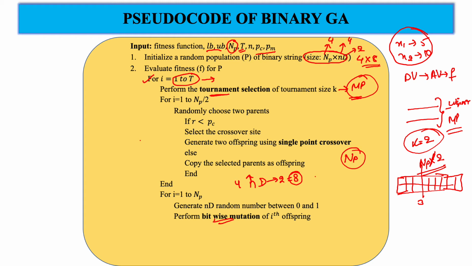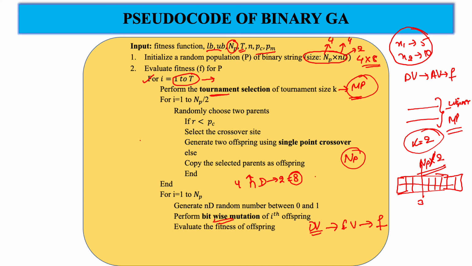Okay, once we have performed bitwise mutation, then we have all the offspring, so we will now evaluate the fitness function of offspring. Again, the fitness function can't be directly used. To determine it, we need to convert them into decimal or decoded value, and then convert into the actual value, and then we will calculate its fitness function.